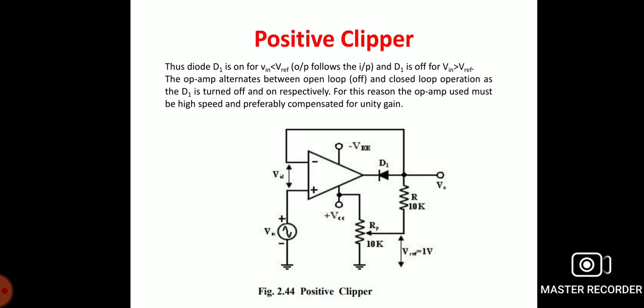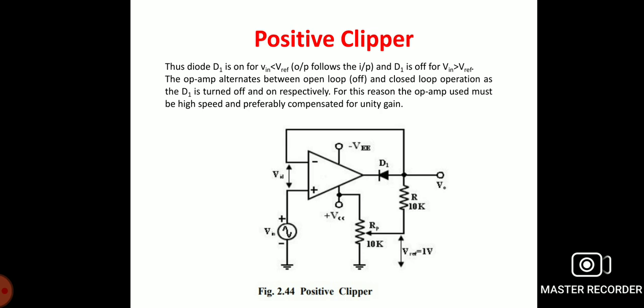When the input voltage is greater than the reference voltage, the output becomes positive and drives D1 into the off state. This opens the feedback of the operational amplifier. Then, when the output becomes negative again, it drives D1 into conduction, and the closed feedback path makes the output follow the input. So D1 conducts when V in is less than V reference, where the output follows the input voltage, and D1 is off when V in is greater than V reference.